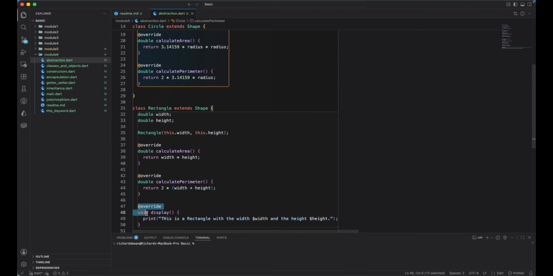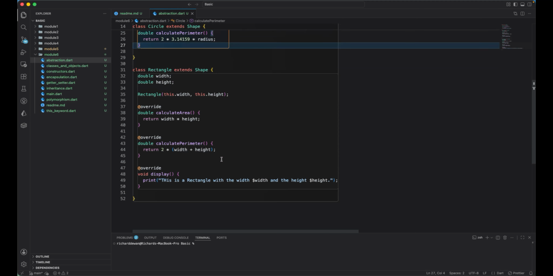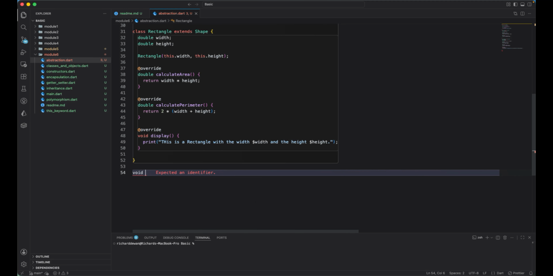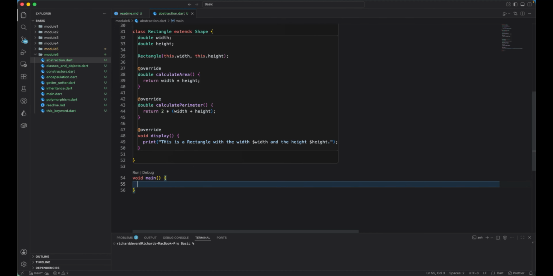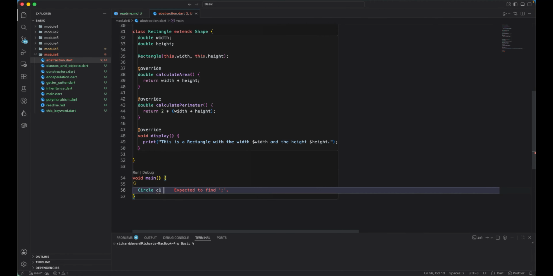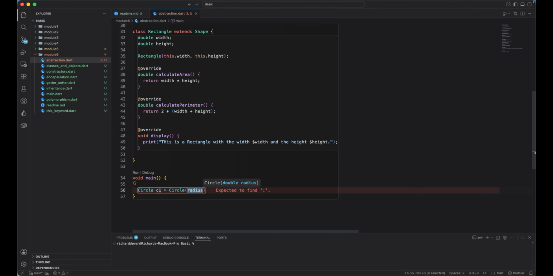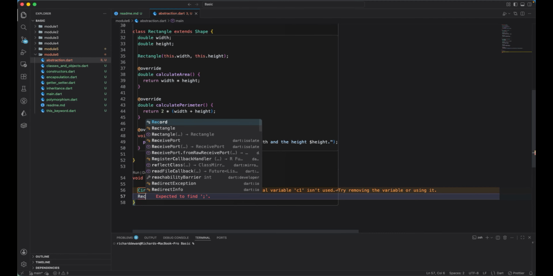But here we have explicitly overwritten that, right? And here we haven't, so that's perfectly fine. So let's go and create our void main method over here, and in the main method we are going to create the circle, C1, which equals a new circle, and let's define some double value, 5.0 over here, and I'm going to create another one for the rectangle that we have,